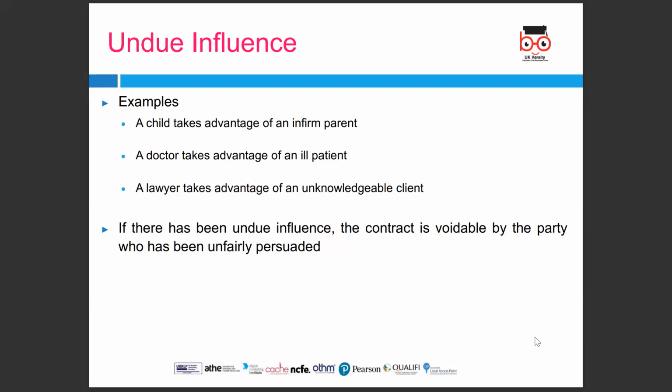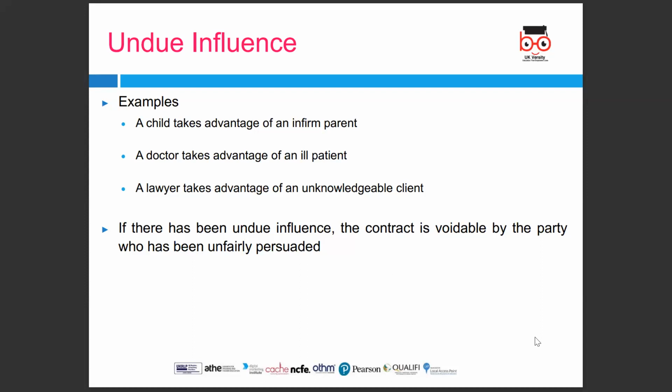Presumed undue influence: in the case of Daniel and Drew, 2005, the approach of the courts in relation to both categories of presumed undue influence was confirmed. The claimant does not have to prove that undue influence left them with no choice. All that needs to be proven is that they exerted some influence over them, enough so that the transaction was not the exercise of their independent free will.